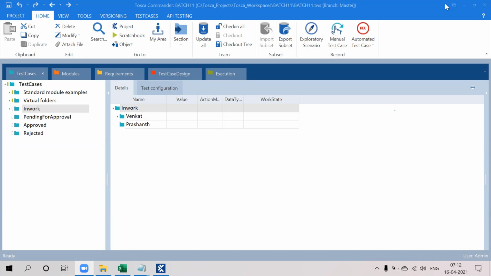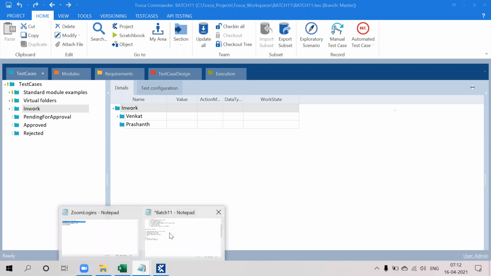ROI has to be calculated based on the number of weeks for which ROI is to be calculated. This is divided by 8 for the manual effort, and by 18 for the automation effort. So we have certain formulas for the estimations.